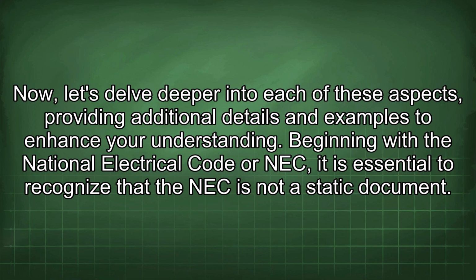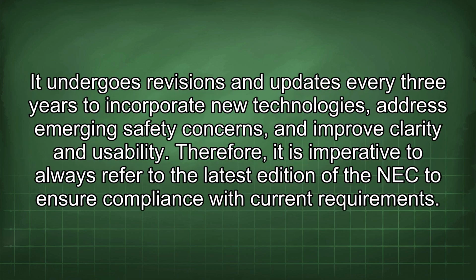Beginning with the National Electrical Code or NEC, it is essential to recognize that the NEC is not a static document. It undergoes revisions and updates every 3 years to incorporate new technologies, address emerging safety concerns, and improve clarity and usability. Therefore, it is imperative to always refer to the latest edition of the NEC to ensure compliance with